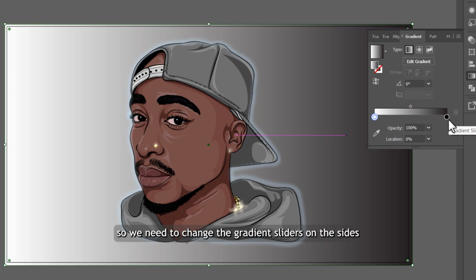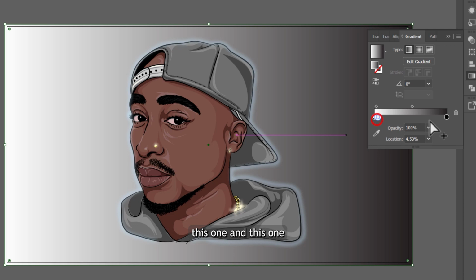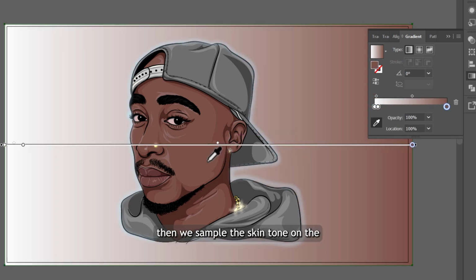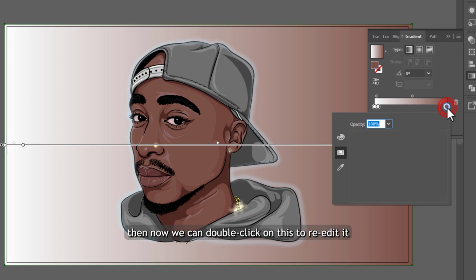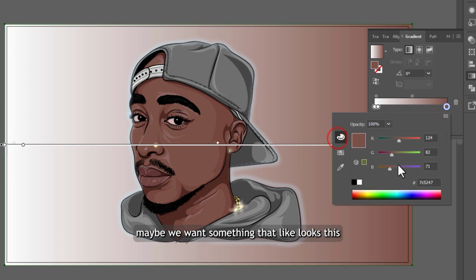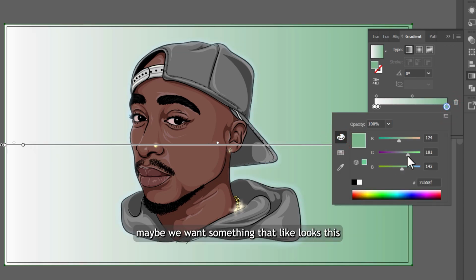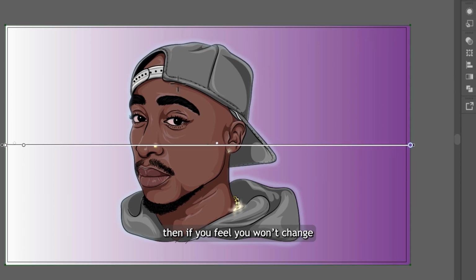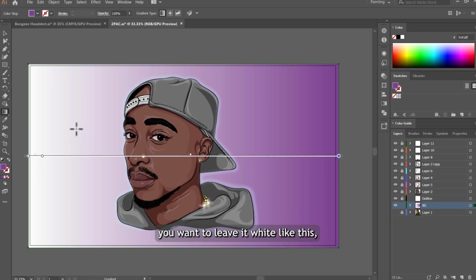So we need to change the gradient sliders on the sides, this one and this one. Click on eyedropper tool, then we sample the skin tone on the artwork. Then now we can double click on this to re-edit it. Maybe we want something that looks like this. And then if you feel like you won't change the other side, you want to leave it white like this,